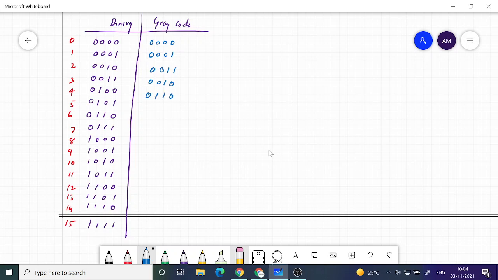Only 1 bit change is involved. But if you look at binary, a 3-bit change is involved: 1 becomes 0, 1 becomes 0, 0 becomes 1. A 3-bit change. But in gray code, only a single bit change. Then the next one is going to be 0 1 1 1.